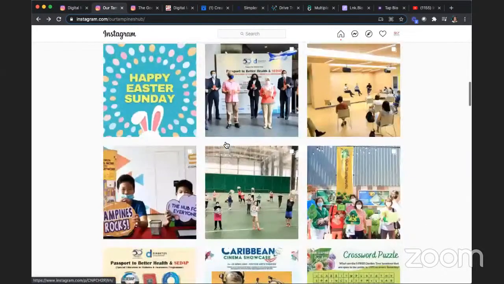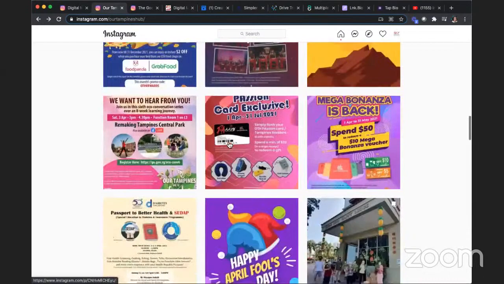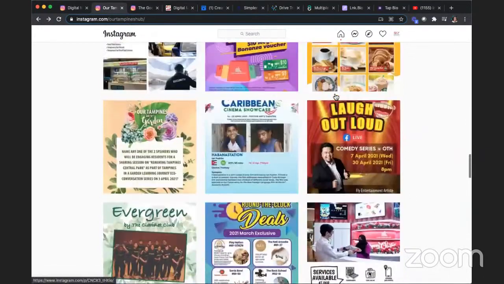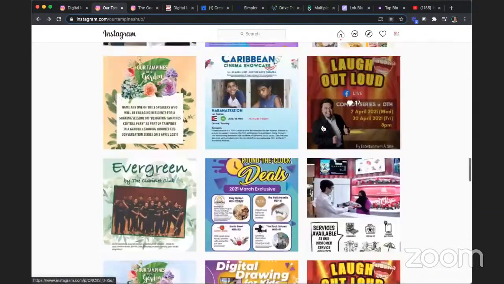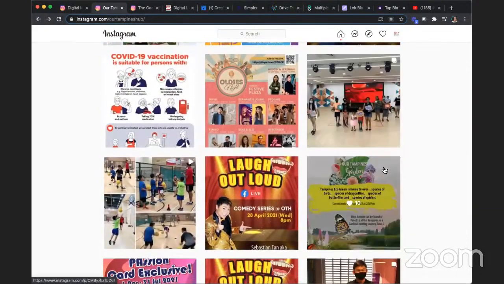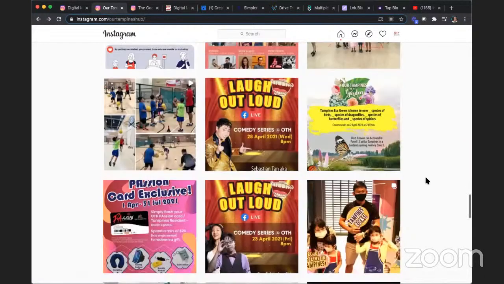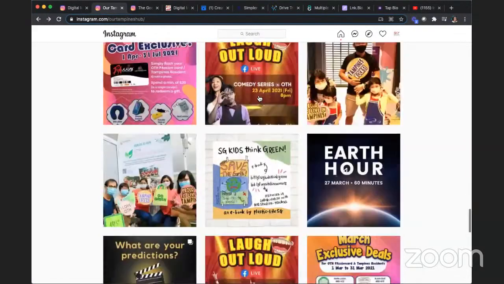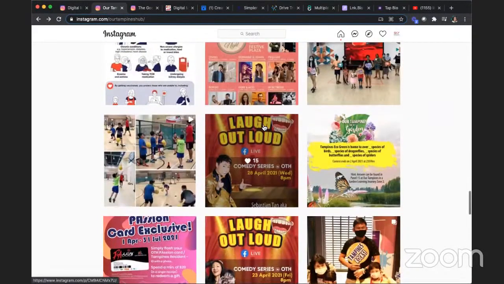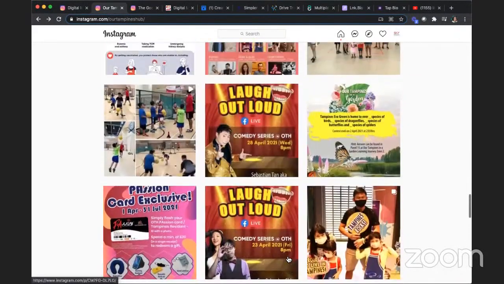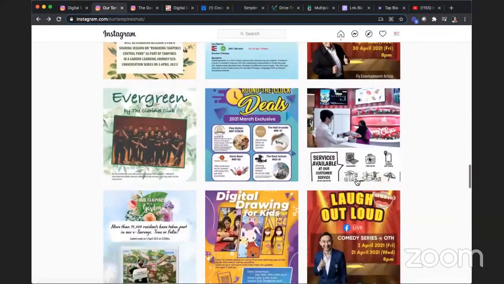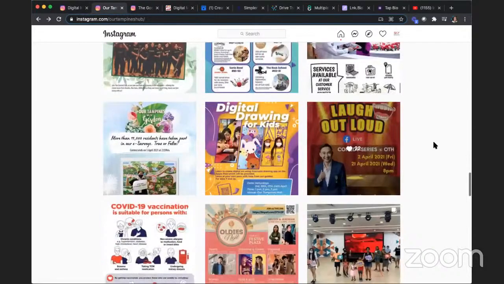If it's comedy, I think one thing that they did very well for the comedy was that they keep it to the same template, but they just change the person's photo and the details, right? So a summary of upcoming events to expect, rather than every single thing being different posts, it's a bit hard to keep up, especially since some of them are on Wednesdays, some of them are on Fridays. So there's no consistency on the date as well. So it might be a bit difficult for people to